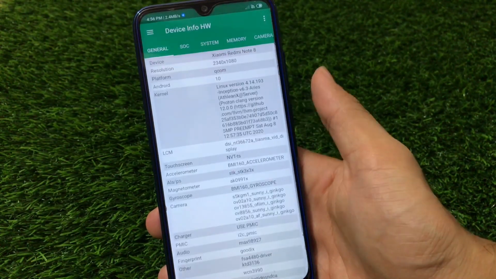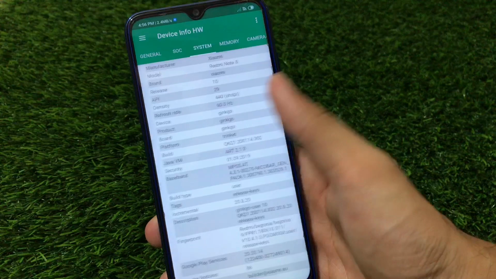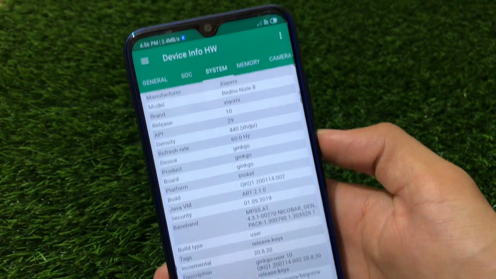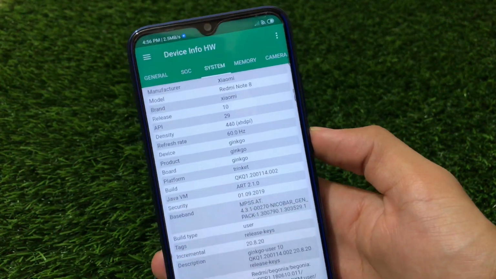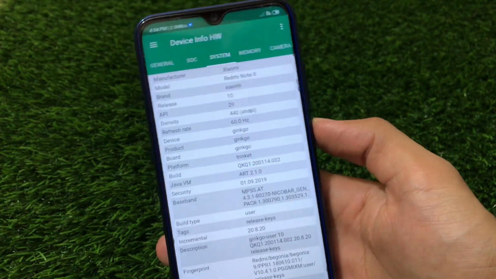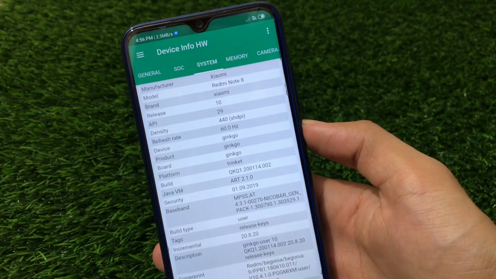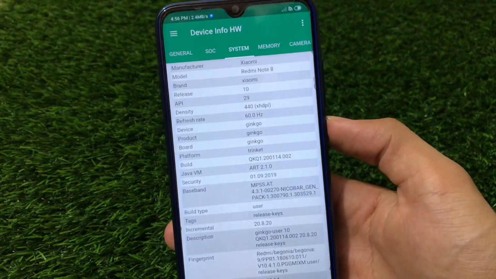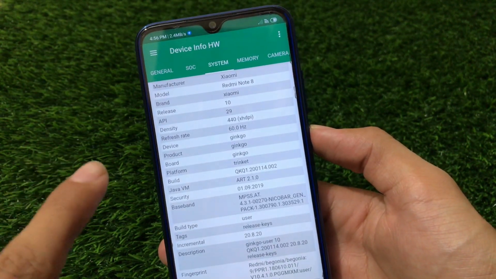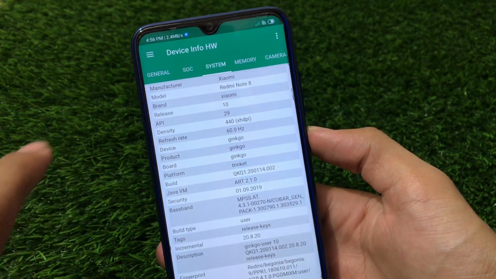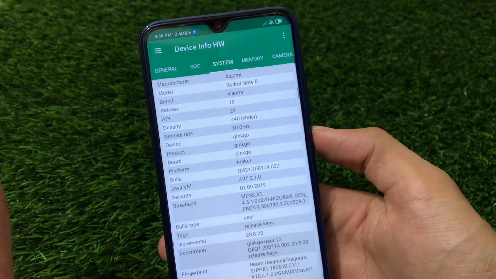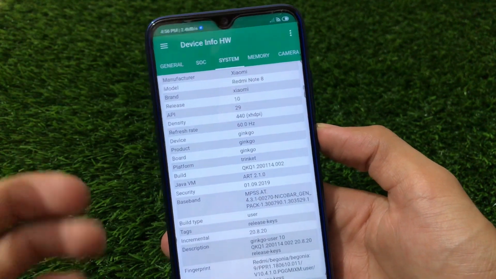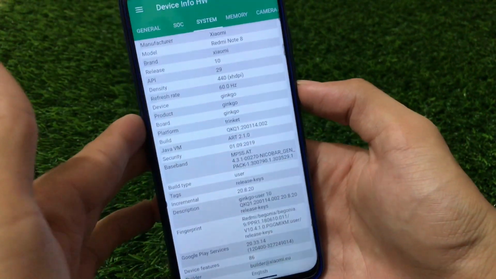Moving on to the device info app once again, go to your system and here it is. We have the 60Hz refresh rate once again. By default it's at 60Hz. Then we enabled the 68Hz as I already mentioned in my previous video. If you want to enable the 68Hz, you can do that. The video link is in the description, you can go and check it out. And after that, if you want to revert back to 60Hz once again, this video is all about that. You have to flash the dtbo.img file once and then you will be reverted back to 60Hz refresh rate. It was quite easy, it was quite simple.